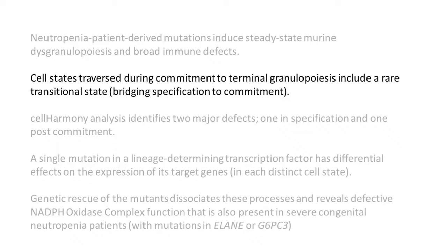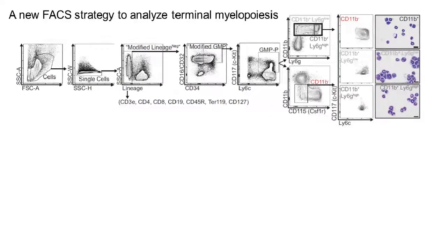Before delving into a deep analysis of these mutant mice, we first revisited normal steady-state terminal granulopoiesis to make sure we have a firm understanding of the process. To do so, we first developed a new FACS strategy to analyze terminal myelopoiesis. So we removed lymphoid and erythroid cells from the analysis before gating on granulocyte monocyte progenitors that express Ly6C and CD117 or c-KIT. Then we looked at known markers of granulocytic development, CD11b and Ly6G, as well as monocytic marker